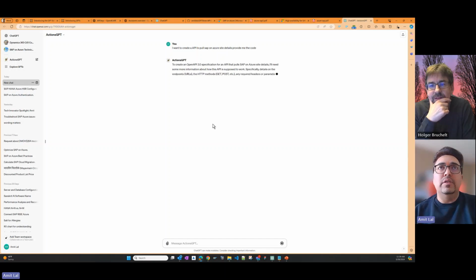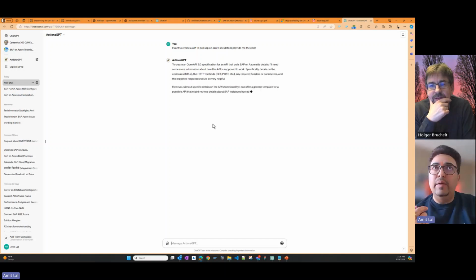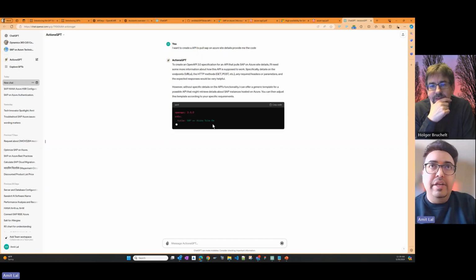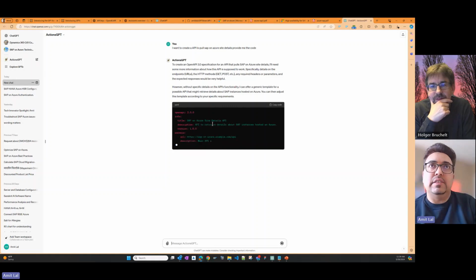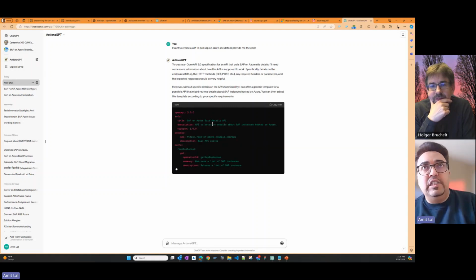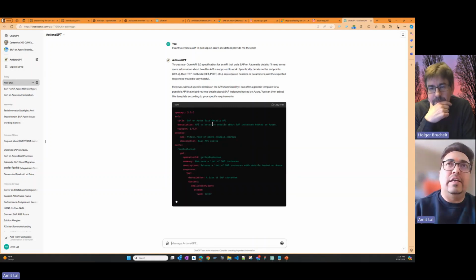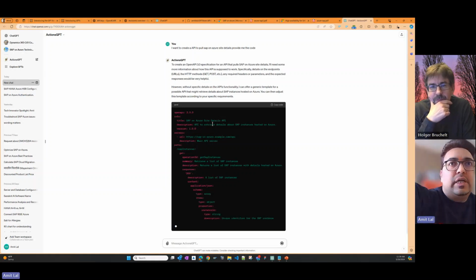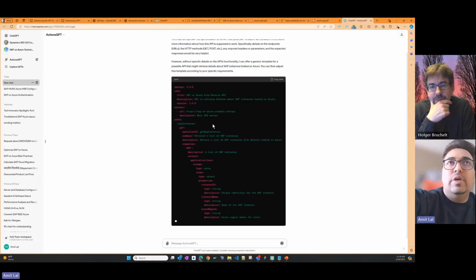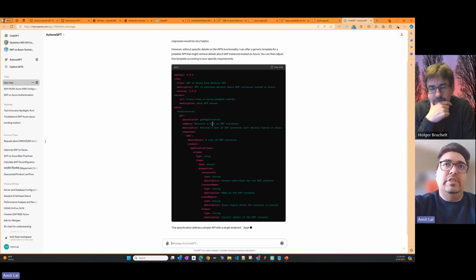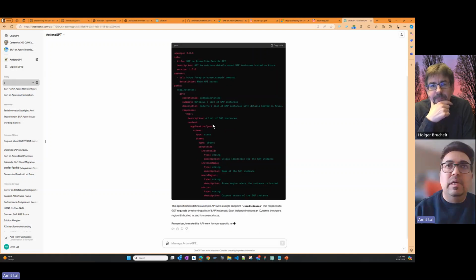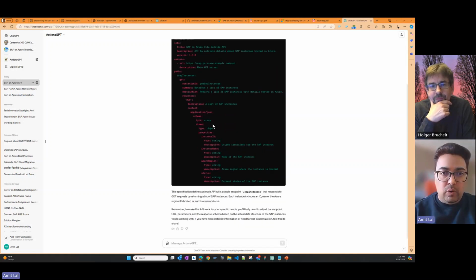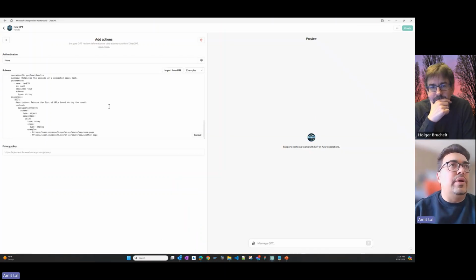So what it does is it's going to give you the sample, and meanwhile it's developing, it's going to create a URL and endpoint URLs, which in any API we need, right? Three things: endpoints and HTTP method, how we are pulling that, just like a Postman call. It gives you the content as a YAML file. You can copy paste and tweak this based on your requirement. In my case, I'll show you my code. So this is the one I created.